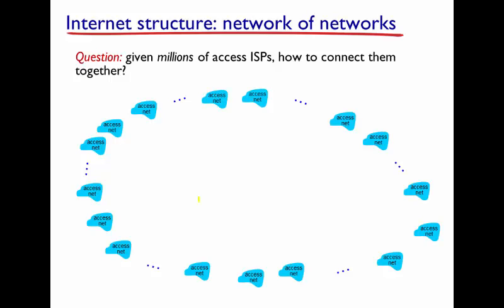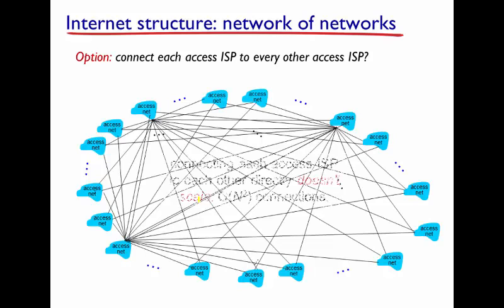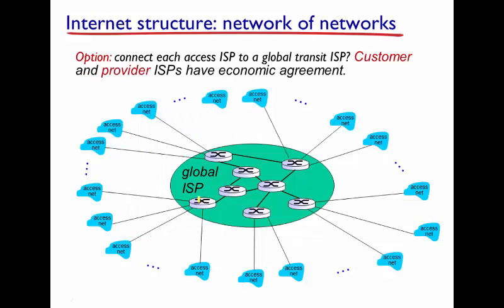So topology can be in this way. They're all connected one-to-one. Then a lot of communication lines are needed. Another way is that